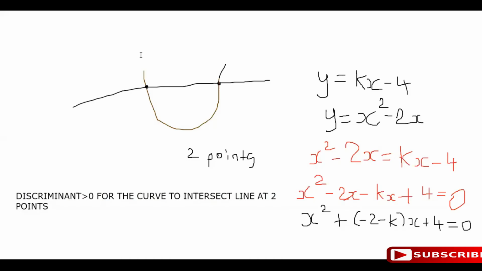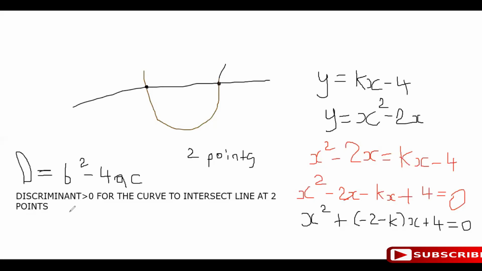Now, what is the discriminant, right? From our old math days, we learned that the discriminant is b squared minus 4ac. In the quadratic formula, the thing that goes under the square root is the discriminant. I like to call the discriminant D. The only way that it's going to intersect the curve at 2 distinct points is if the discriminant